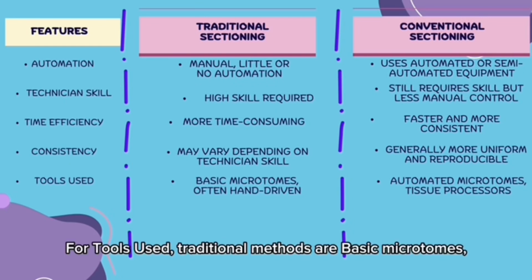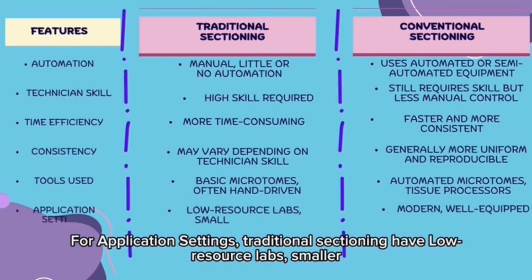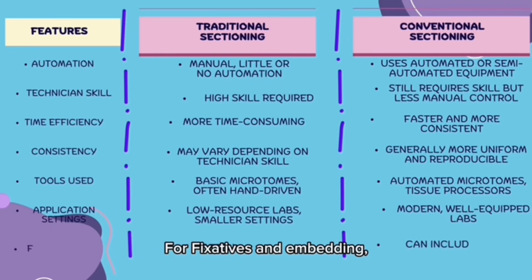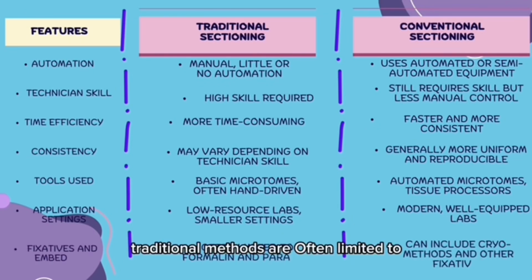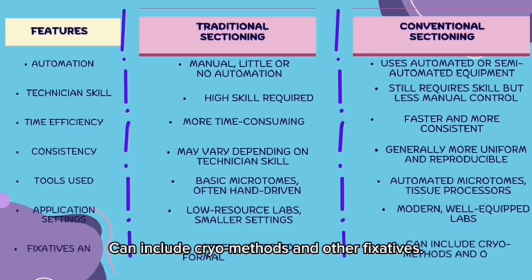For tools used, traditional methods use basic microtomes, often hand-driven, while conventional methods use automated microtomes and tissue processors. For application settings, traditional sectioning is found in low-resource labs and smaller settings, while conventional sectioning is found in modern, well-equipped labs. For fixatives and embedding, traditional methods are often limited to formalin and paraffin, while conventional methods can include cryo methods